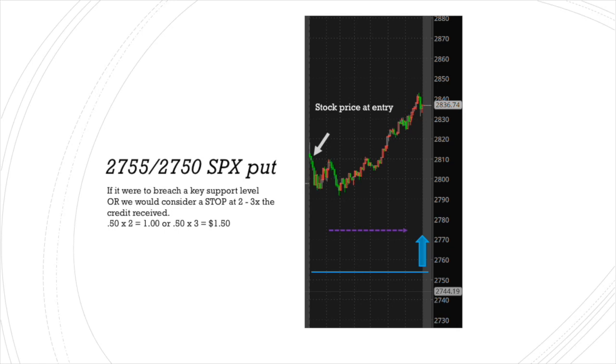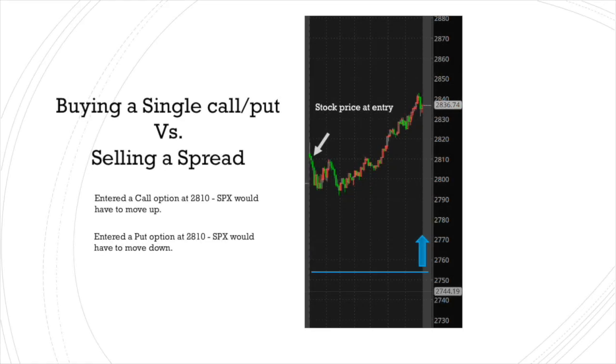So generally we would consider a stop at 2 to 3 times the credit received. So if the premium reached $1 or $1.50, we may have to consider cutting the trade. Okay, something that I thought was worth mentioning here is the benefit of selling a spread versus buying a single